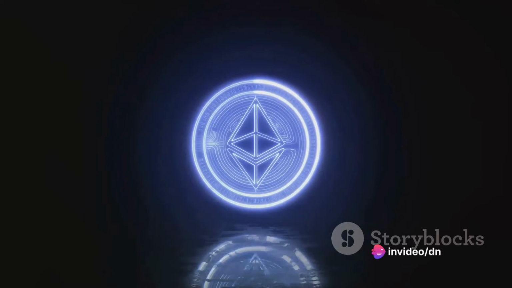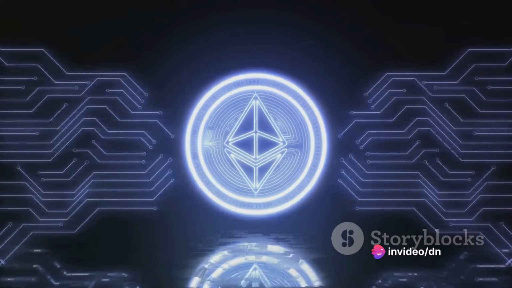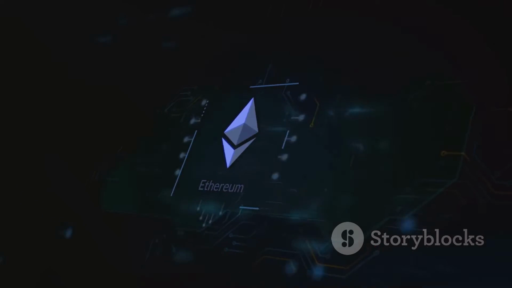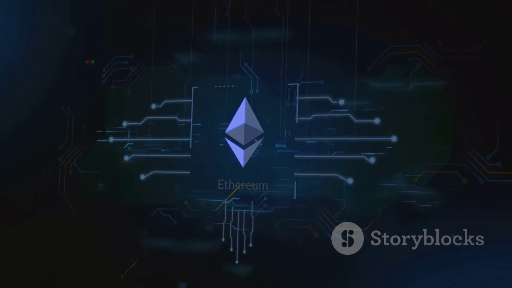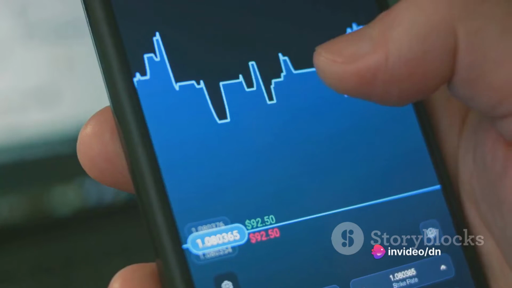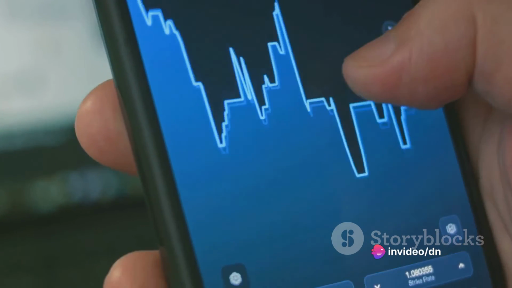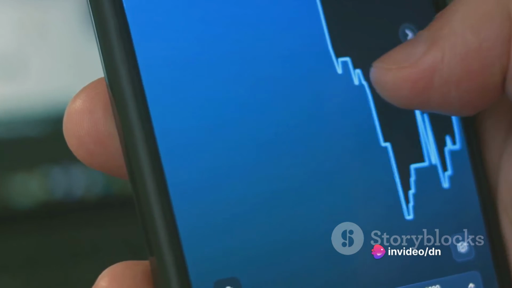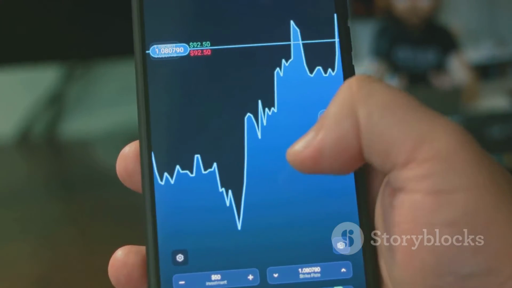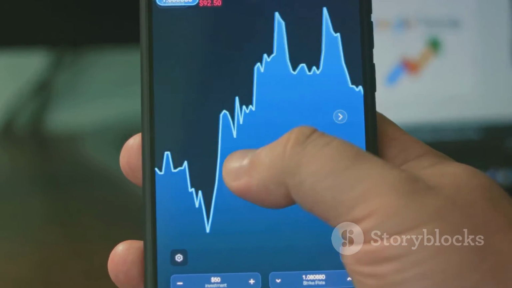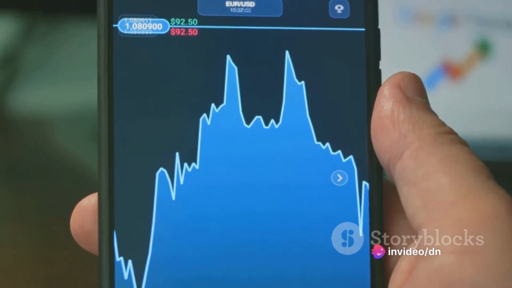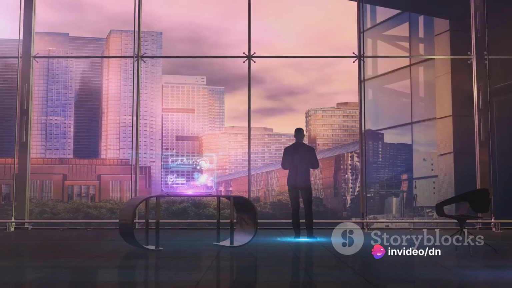Since its inception, thousands of other cryptocurrencies have sprung up, each with their own unique features and uses. From Ethereum's smart contracts to Ripple's fast international money transfers, these digital currencies are not only changing the way we think about money, but also how we use it. The potential impact of this cryptocurrency revolution on the future of money is immense. They offer the possibility of financial inclusion for the unbanked, enhanced privacy and security, and the potential for decentralized finance or DeFi, which aims to replace traditional financial systems with blockchain-based ones.